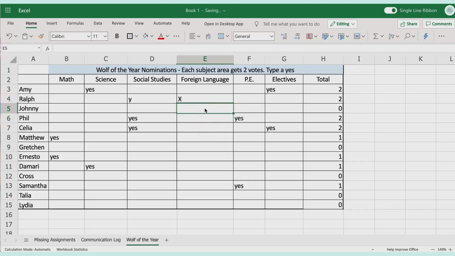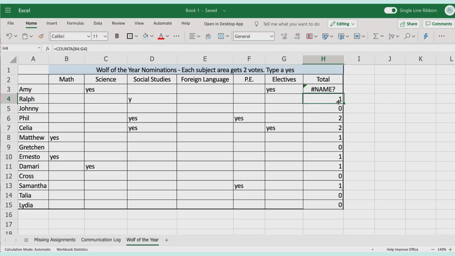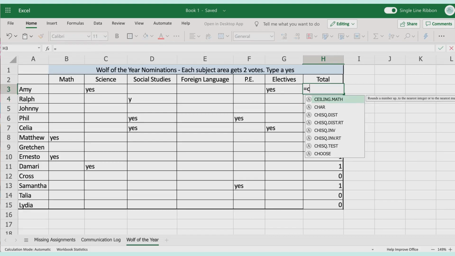Here's the issue. Sometimes people don't follow directions, and they will go through and they will type no, no, no for everybody. So, to avoid this ruining your data sheet, the other option was that CountIF. So we're going to do CountIF this time, and we're going to give it criteria. So if I come up here, let's try this again, equals CountIF,